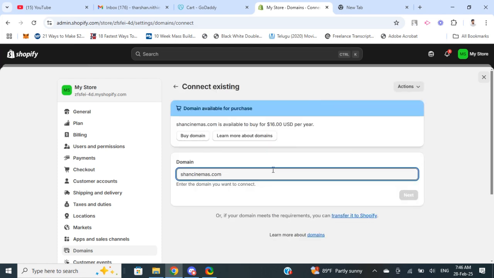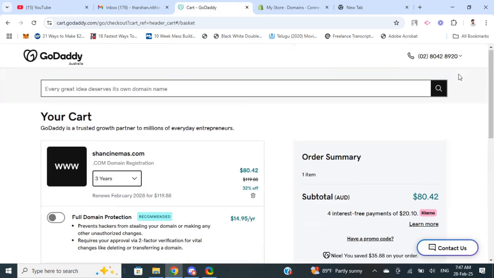Okay, so when you click on next, you will get connected with your domain, and then all the DNS addresses, everything you might need, will show up here. Once that's done, one last step is to update these DNS settings. So we're going to go to your GoDaddy website here,